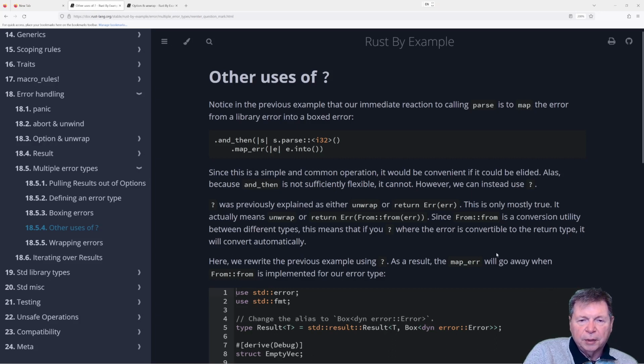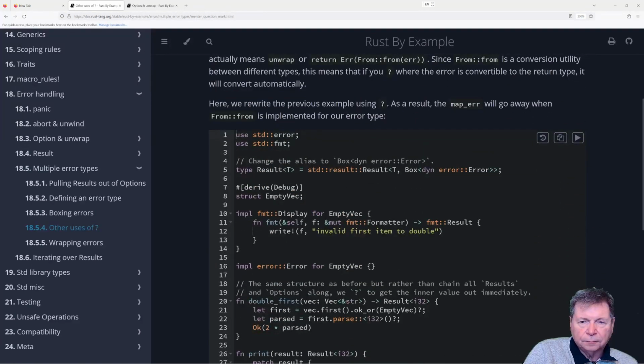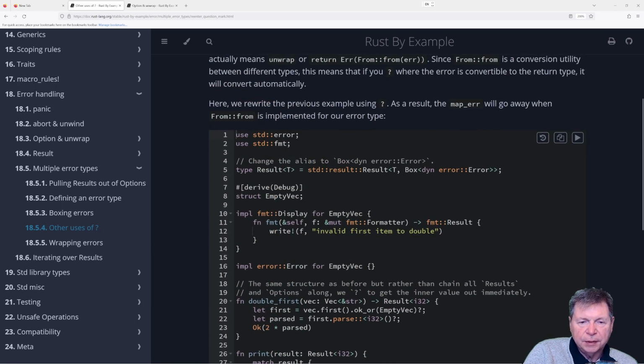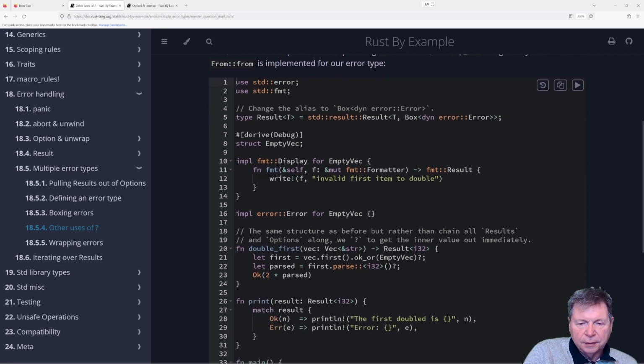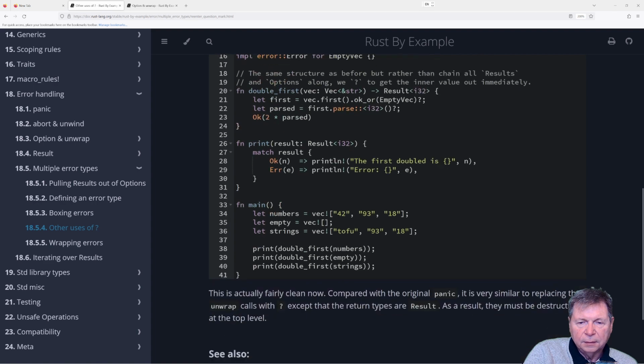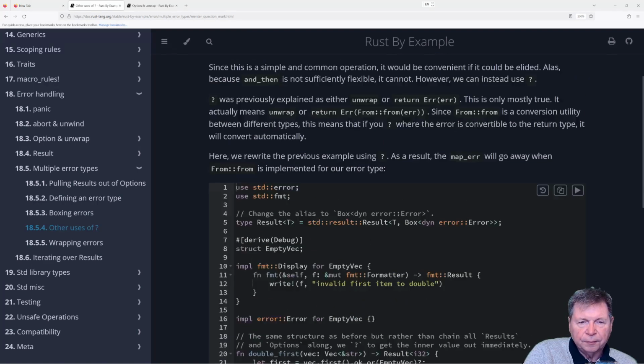Other uses of question mark. All right. Where's the question mark? I don't see it. Not there, not there, not there. I don't see a question mark. Here we rewrite the previous example using question mark.